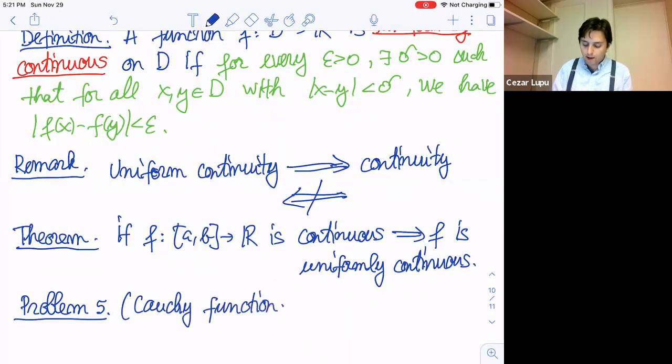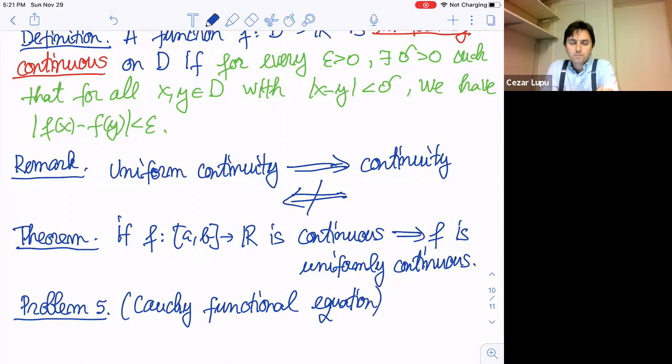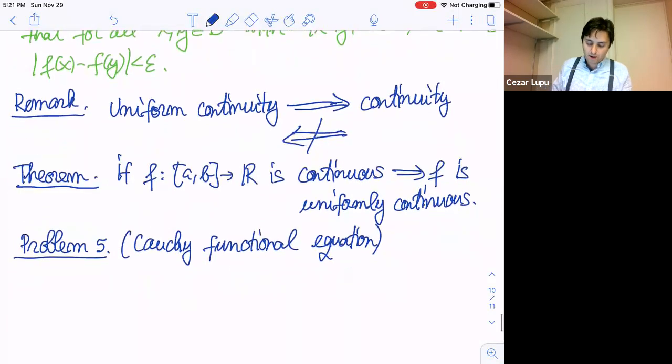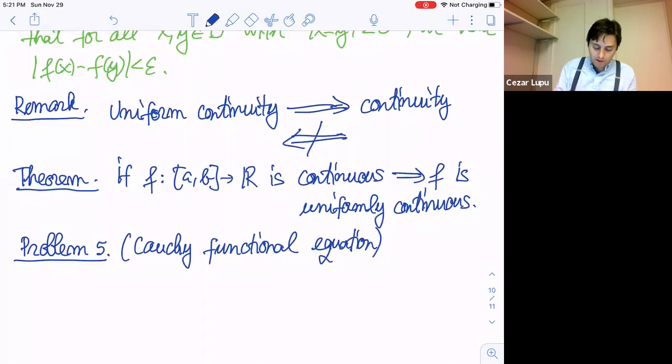And I believe we have done this a long time ago in the elementary algebra lecture. I think it was lecture 2 or 2.1. I don't recall exactly, but I think we did this. We found f all the way to Q. So the Cauchy functional equation says the following. We did not assume continuity though. So find